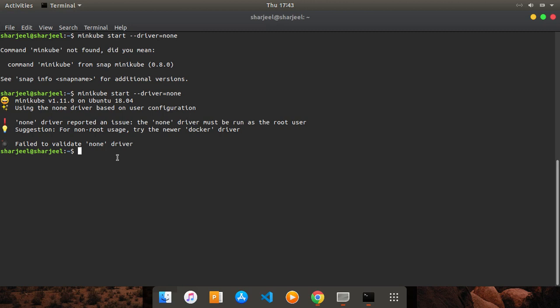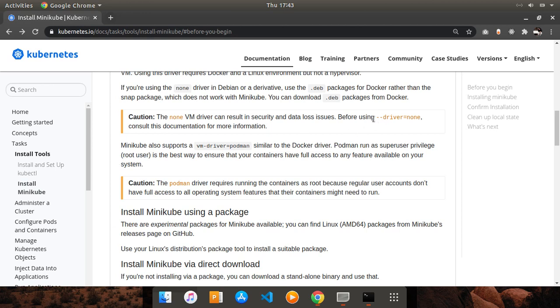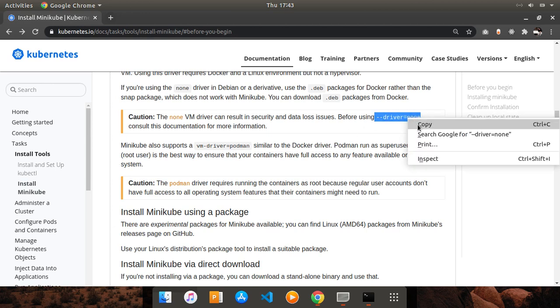Okay, so first of all we need to delete this one here. Okay, it is deleting my Minikube config file. And now what I'm going to do is type sudo again here. Okay, and now I'm going to use this command, which is the driver name.